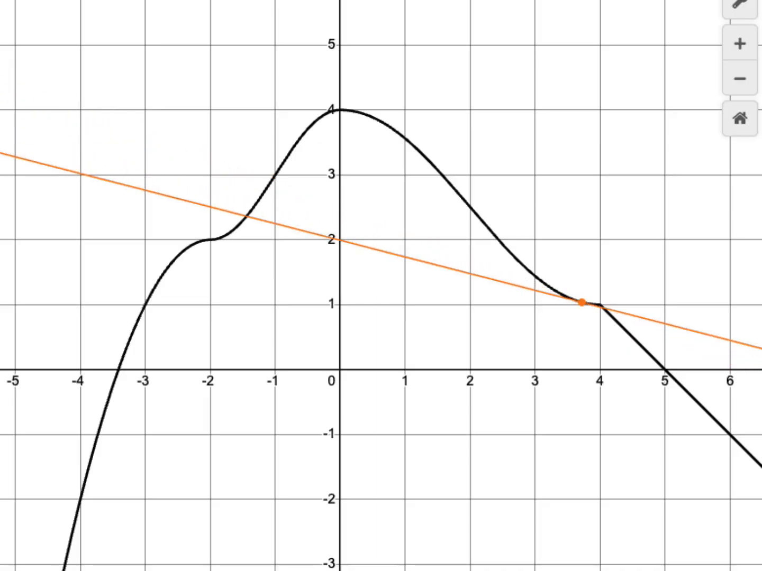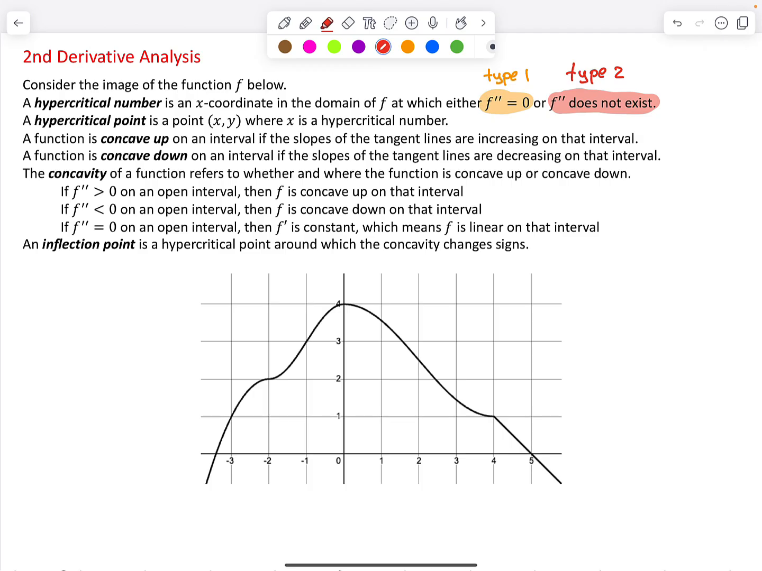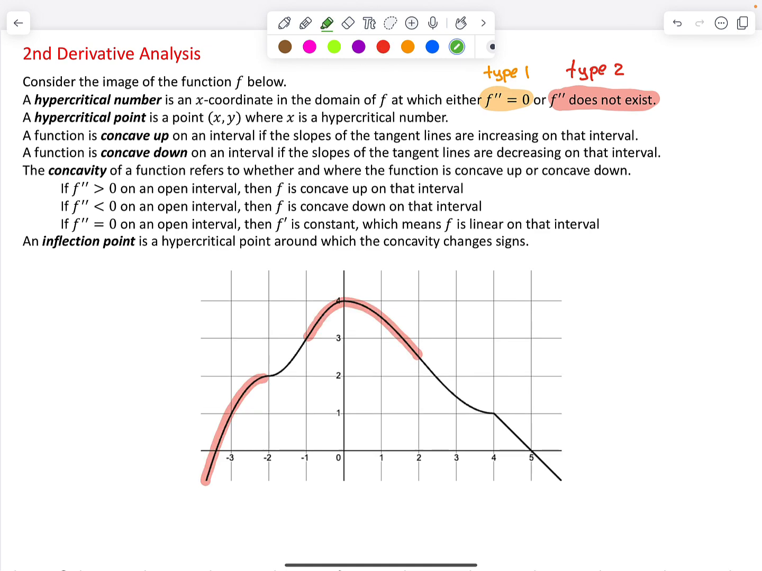At 4, there is no slope. And then as we increase, now the slopes remain a constant -1. So looking at our notes, I'm going to highlight in red all those portions of the graph where the graph was concave down, where the slopes were decreasing. I'll highlight in green all those portions where the slopes were increasing. And then in orange, all those portions where the slopes were not changing, which is this linear